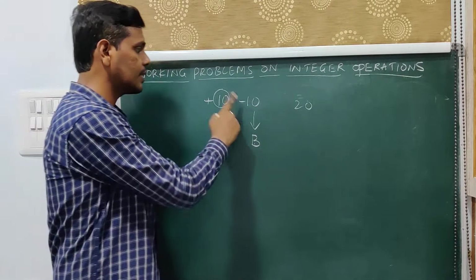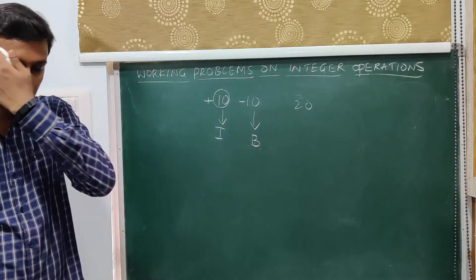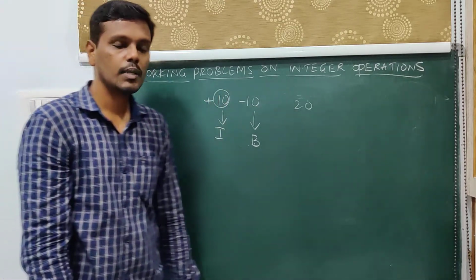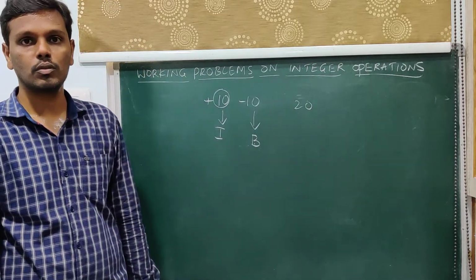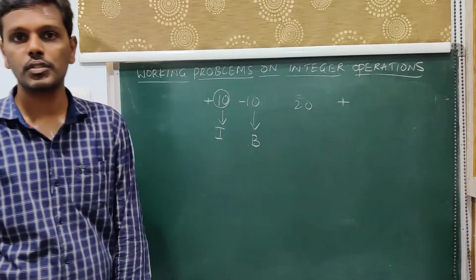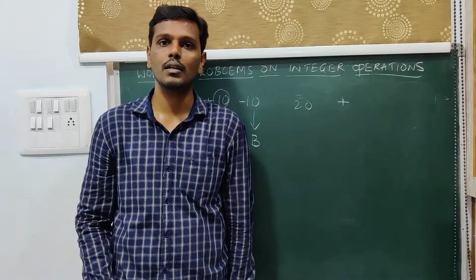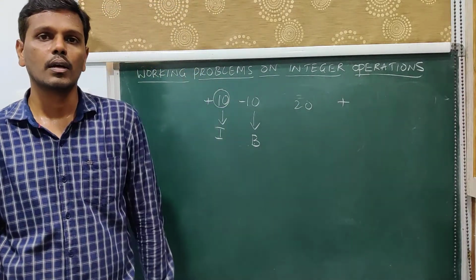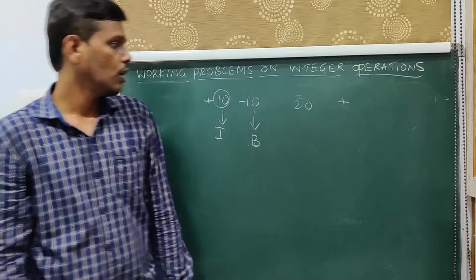So this sign indicates that. Even the same thing applies for profit. Whenever we say profit, it is an increased amount. So instead of the word profit, I will use a plus sign, which indicates that that amount has come to me, or in other words, that is the profit which I have achieved.